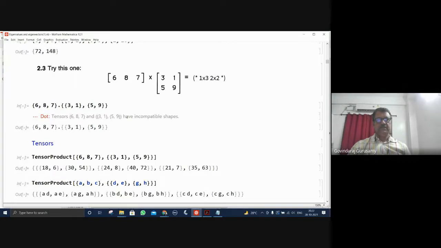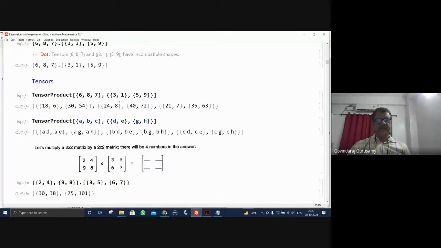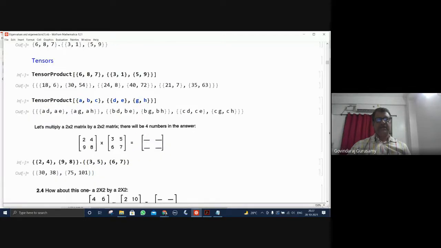Try this also, but you have a problem here. You can see here, these numbers are not equal. Inside, 1 by 3, 2 by 2. So there is a problem. Okay, this cannot be multiplied. That multiplication gives an error here. But if you treat it as a tensor, then you can make a tensor product, and then you can have a multiplication and results. You can see the tensor product ABC with this so-called row; this kind of rows-to-rows multiplication is handled by the tensor product.